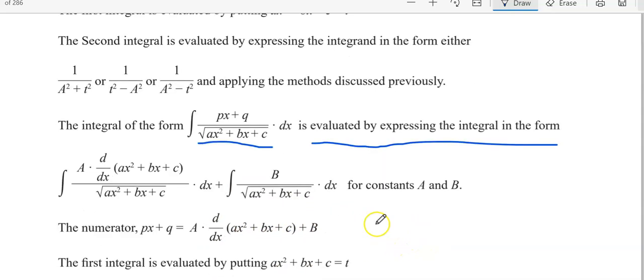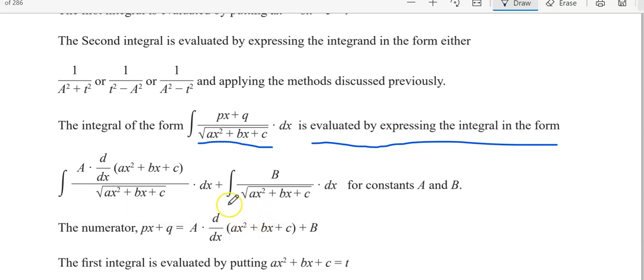Again, to find the first integral we consider t. Then here, the integral of f dash of x upon root of f of x is 2 times root of f of x. If you have seen all my lectures very sincerely and regularly, then you can understand. Try to understand. I have explained all the examples in a very simple manner.